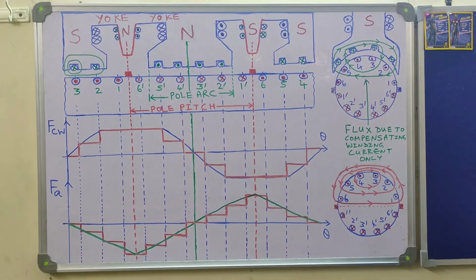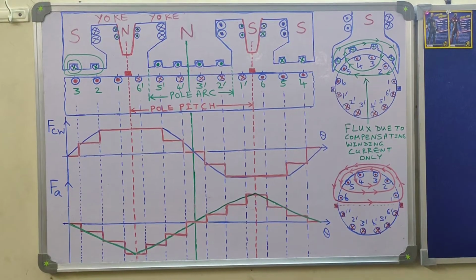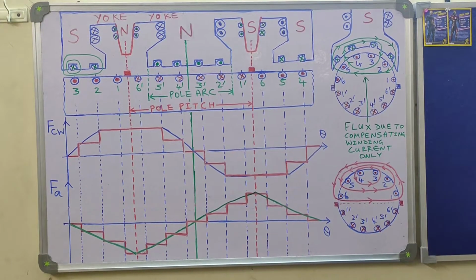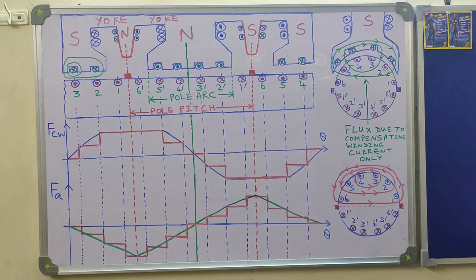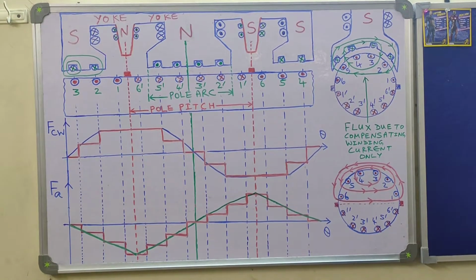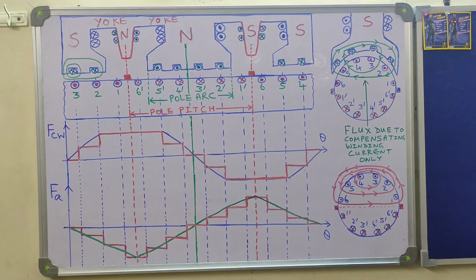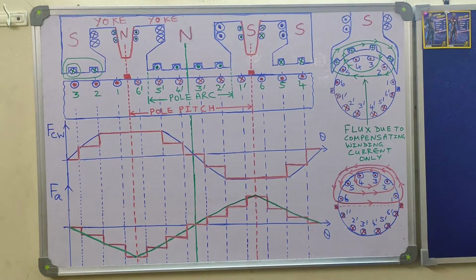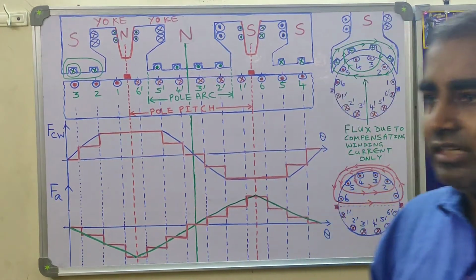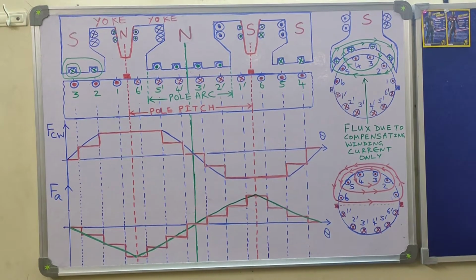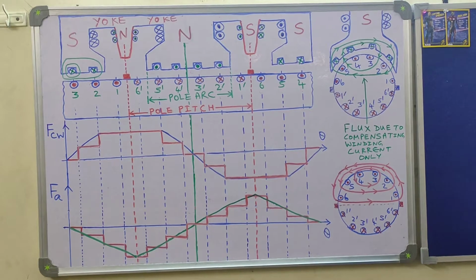Hello everybody, in this video lecture we will explore the effects of compensating winding which is placed in a DC machine. Actually, compensating winding in a DC machine is not a regular feature, rather it is a special feature. By special feature I mean that it is not a common feature of a DC machine, rather you will find that compensating winding is only used